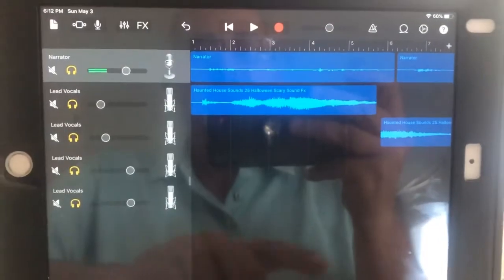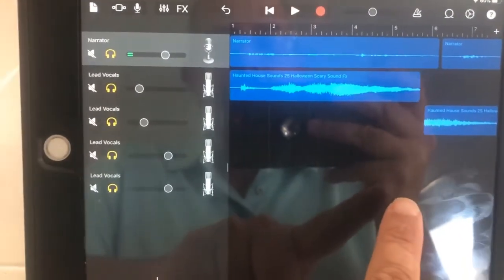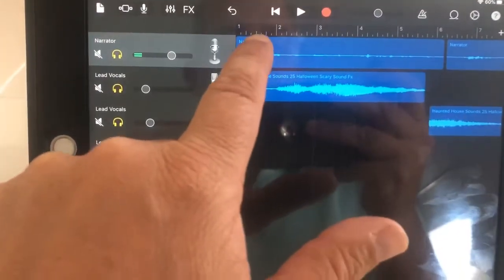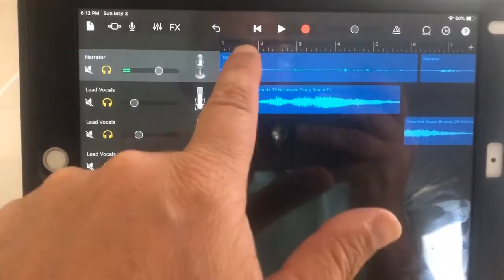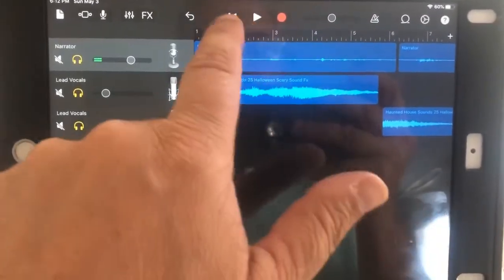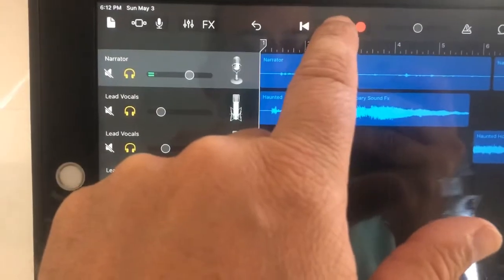Now, GarageBand here, I have got it set up so that I have recorded my narrator voice all the way across the top. And just to show you what that is here,